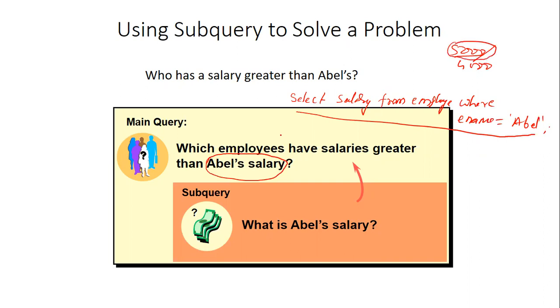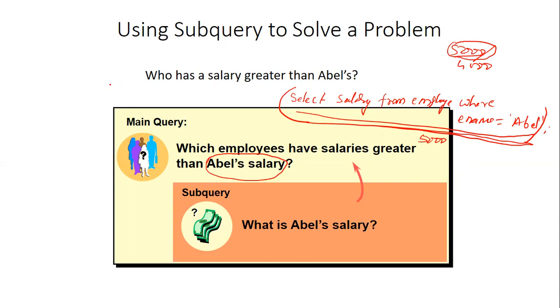Now we have to identify the employees whose salary is greater than this salary, so we run another query and use this as a part. The result of the first query will be a single value, whatever Abel's salary is. If we assume 5,000 is Abel's salary, then there will be a single value 5,000.